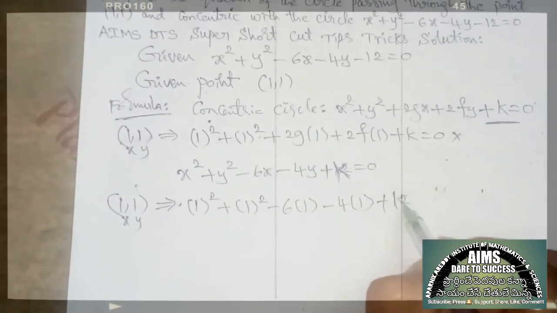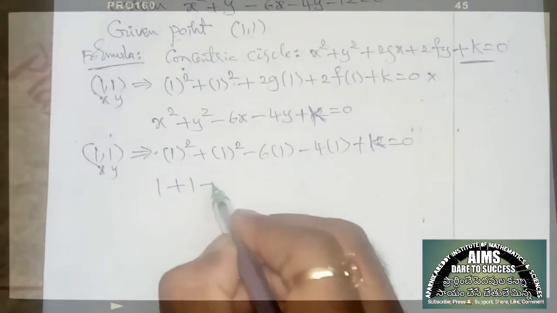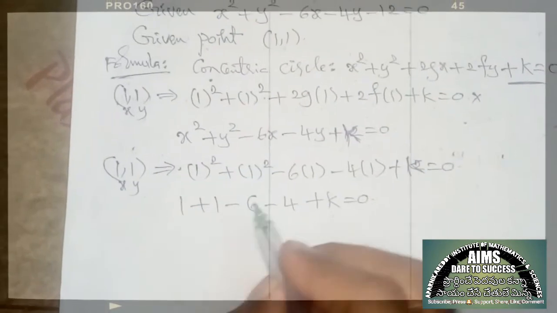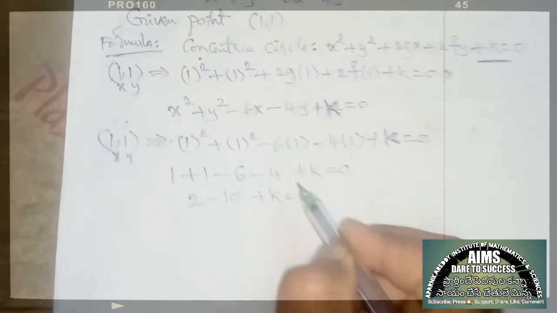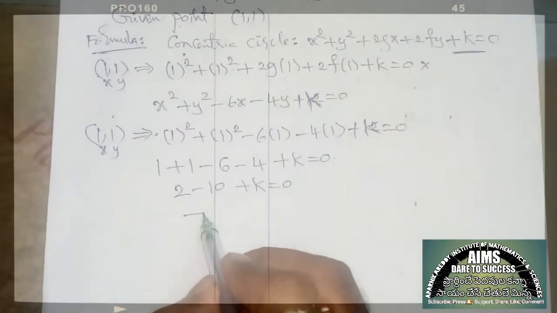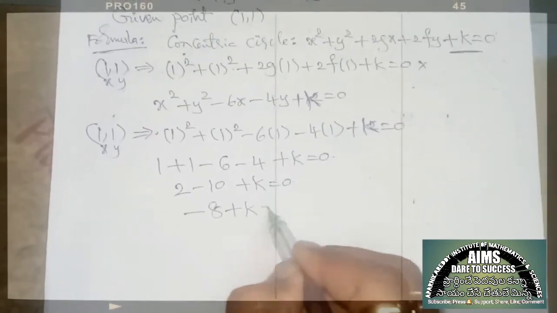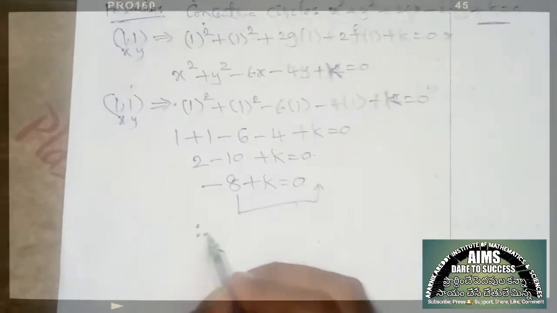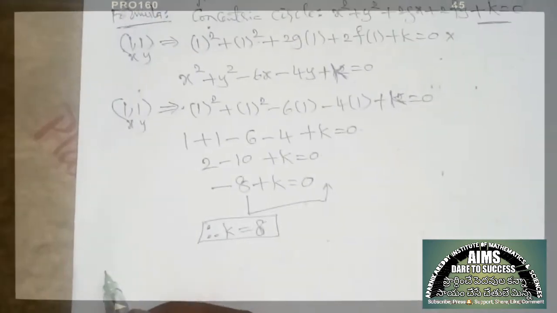So plus k is equal to 0. 1 square is 1 plus 1 square is 1 minus 6 ones are 6 minus 4 ones are 4 plus k is equal to 0. 1 plus 1 is 2 minus 6 minus 4 is minus 10 plus k is equal to 0. 2 minus 10, small number minus big number is a negative sign, then 10 minus 2 is 8, minus 8 plus k equal to 0. To get the k value, minus 8 coming to the other side, we get k is equal to 8. After getting this k value you can write